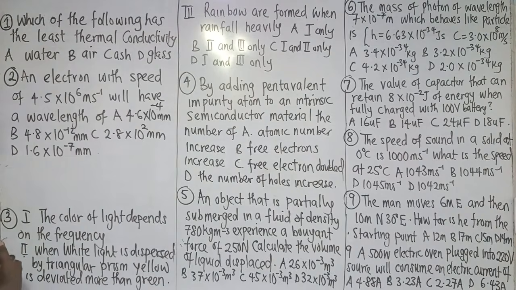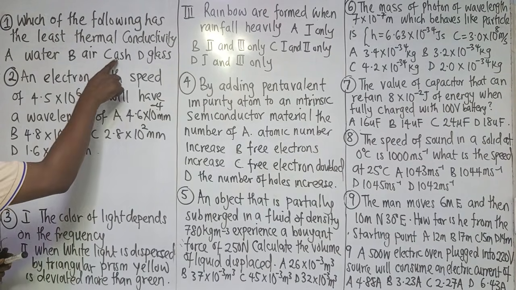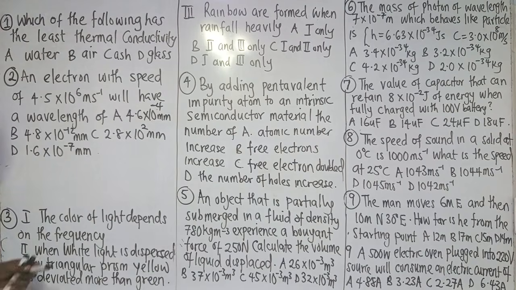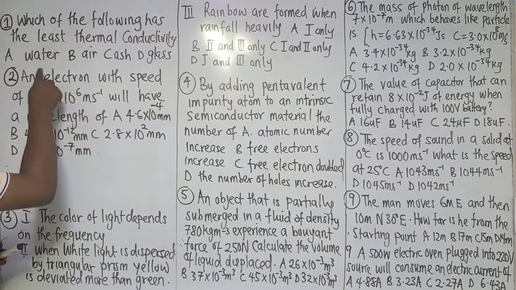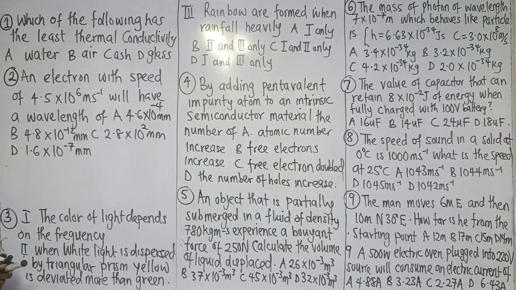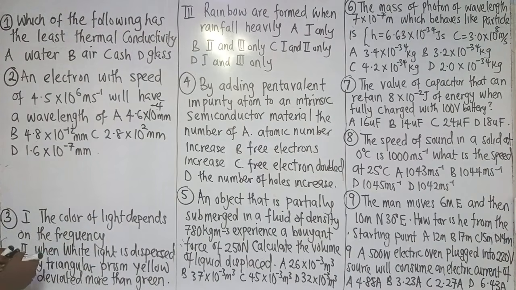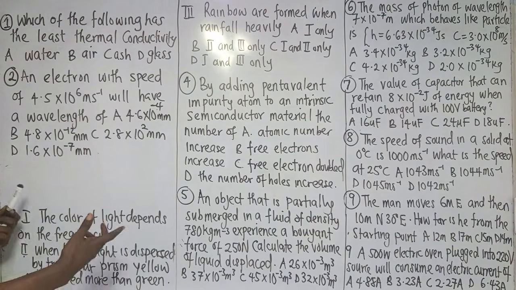The first one says, which of the following has the least thermal conductivity? A, water. B, air. C, ash. D, glass. In this particular question, I will go for air. Ash is the same thing as wood, which has approximately 0.1. Then water and glass have approximately 0.8, 0.7, 0.6 or thereabout. So water is about that, air is about